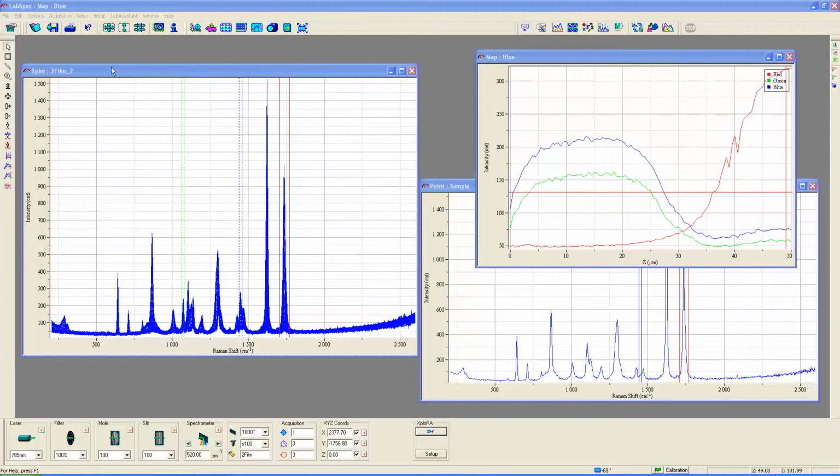So what you're looking at now is a data set, this one called 2film_2, which was obtained with the laser beam incident upon this two-layer film and parallel to the normal of this two-layer film. And then what I did was to just begin with the beam focused approximately at the surface,